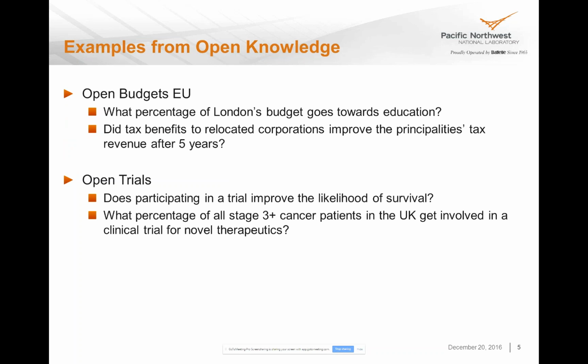So some examples to make this a little more concrete. There are some open spending people on the line, so I thought about putting in a couple of questions that people might have, both citizens or researchers or governmental municipality organizations, about open budgets. So what is the percentage of London's budget that goes towards education? People hope that they can find that information, that they can digest it and process it and make a meaningful conclusion based on what's provided in the data to them.